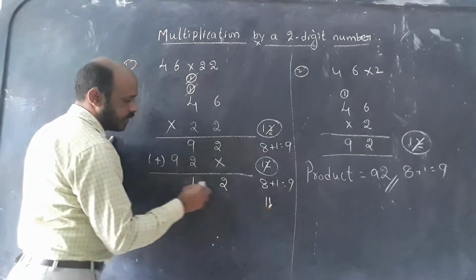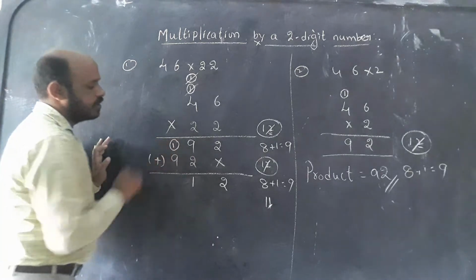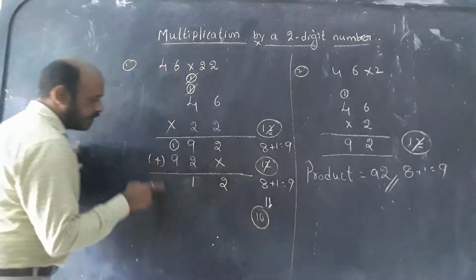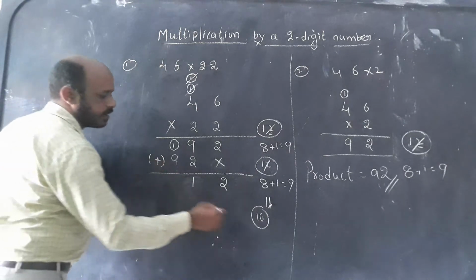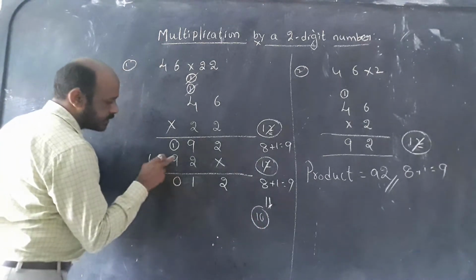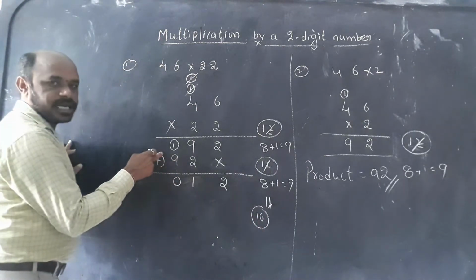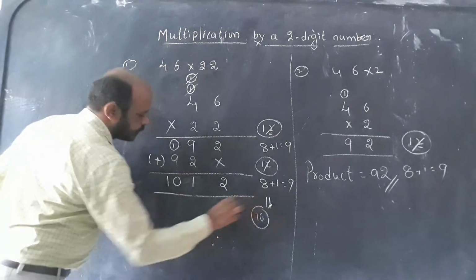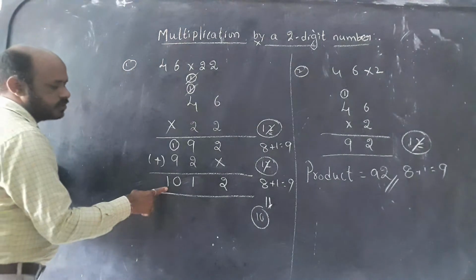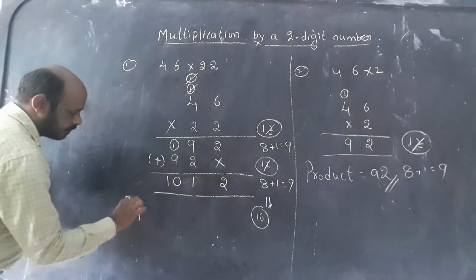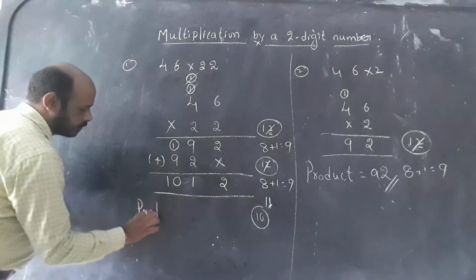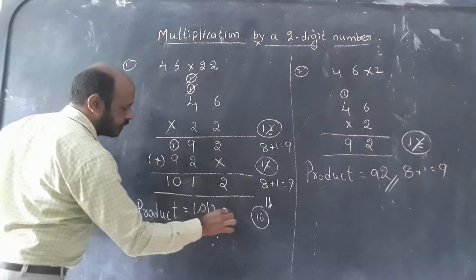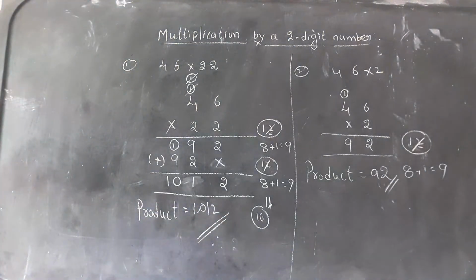First one we have to write here. The second number is carried forward to the before number. Say 9 plus 1 is 10. See, whenever a before number is there, you can write 0 here. Is there a before number for this carry? No. Then if a number is not there, you can write the total here. See how much we got? 1012. That one we will call the product. The product will be 1012. This is the process. Okay children.